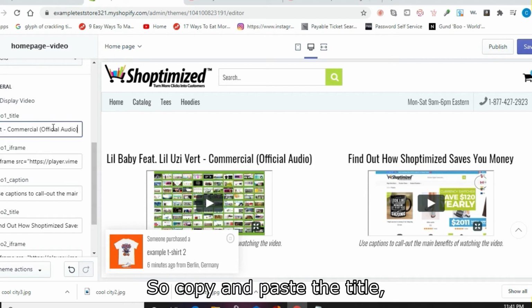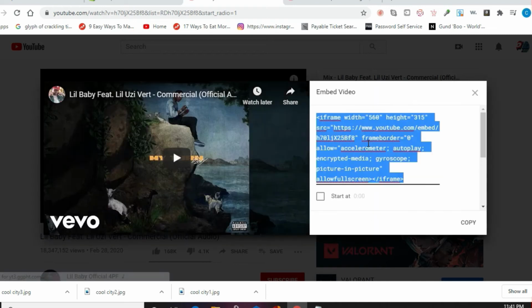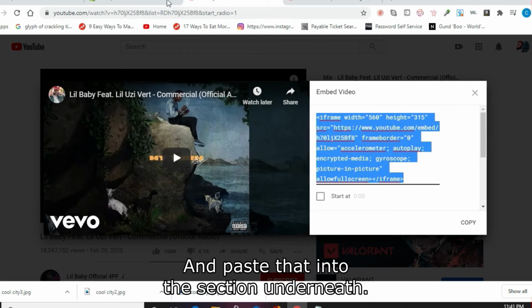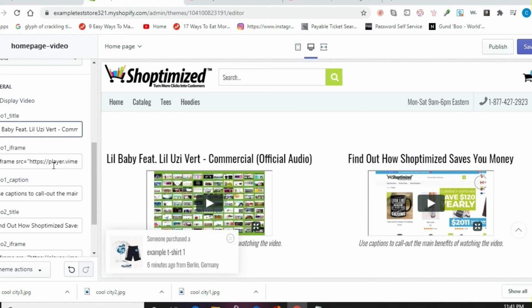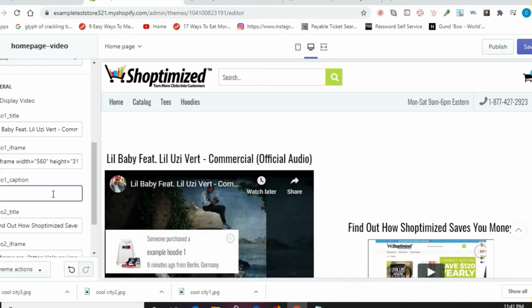So copy and paste the title, click share, go to embed, copy and paste the code, and paste that into the section underneath. And then you can add a caption if you want. A lot of times I don't, so